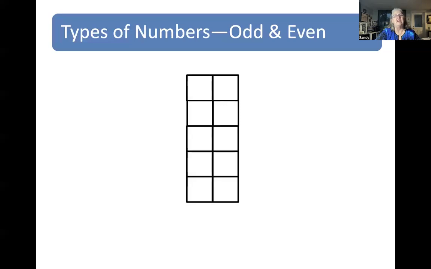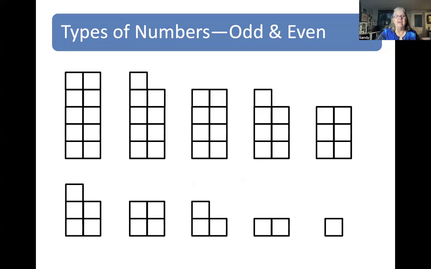odd and even. Now, if you've looked at any of the other videos that I've done, you would have seen this 10 frame. It's a very common image, a common model we use with young children. Sometimes we tend to leave it around grade 1, but it really helps us in grade 2 when we start to look at odd and even. And I hope you'll see it'll help your children as they move up through middle school start to understand some of the images and some of the problems they might be asked to solve there. So we start with the 10 frame,